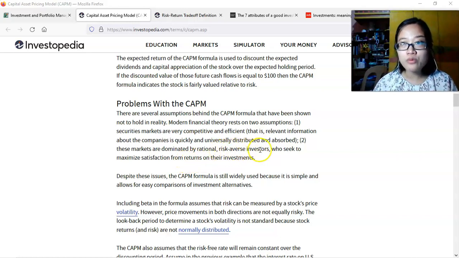But let's go back here. Risk-averse investors. Kumbaga, di ba nga, investments in a company are accompanied by risk. But then you have your classification of investors: your conservative, moderate, and then your aggressive. But dito, yung assumption niya is risk-averse investors. It means that most of them are conservative or moderate investors such that they try to avoid the riskier types of investments. But again, in reality, medyo marami din naman ang mga aggressive investors who take on risky investments.